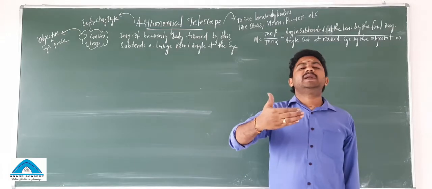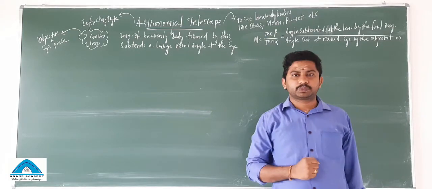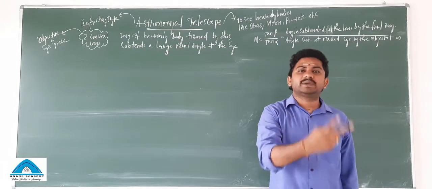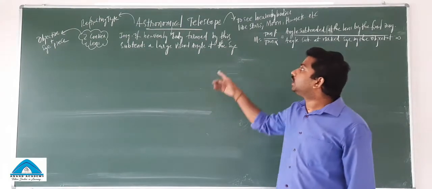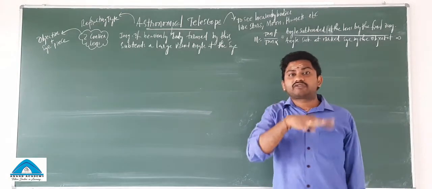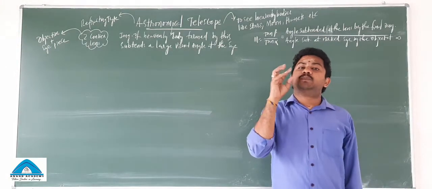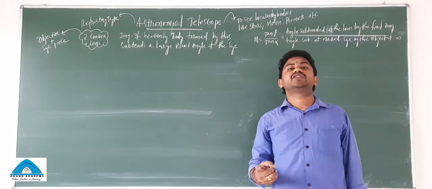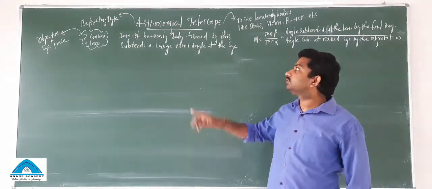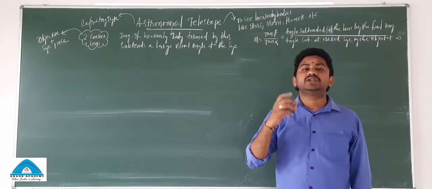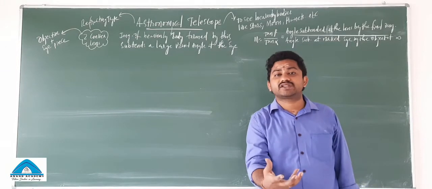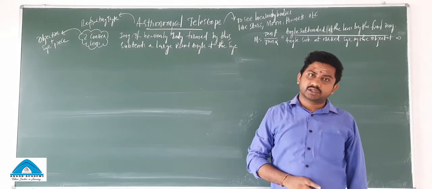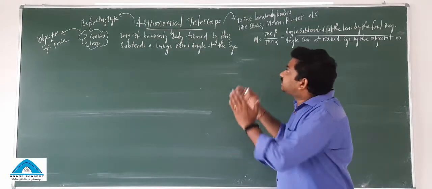After this, we will be learning about terrestrial telescope. Simple microscope, compound microscope, astronomical telescope, and the fourth one will be terrestrial telescope. Out of four, for your board exam, compound microscope is important. For the NEET point of view, most probably the question will be from astronomical telescope, not related to the derivation. So most importantly, the formula is very important, right? Let us start. Astronomical telescope.